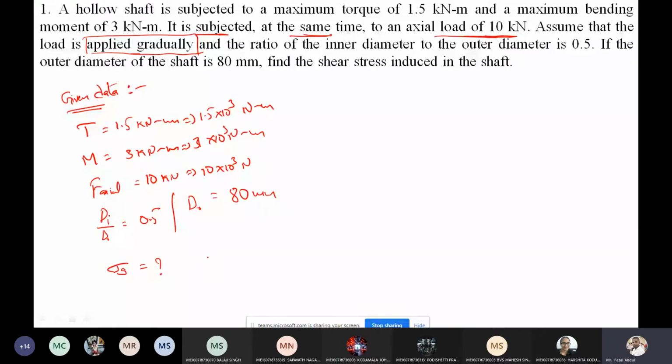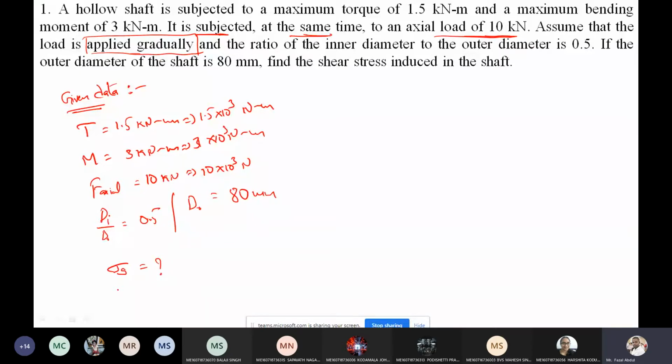Before solving the problem, identification of the question is very important. The given question belongs to which category? I am repeating this statement always: identification of the problem is very important. First identify which topic the given question belongs to. In design of shaft, we have six topics: shaft subjected to pure torsion, pure bending, a combination of torsion and bending, in addition to the combination of bending, axial load, and lateral rigidity, torsional rigidity. Among the six topics, which one does the given question belong to?